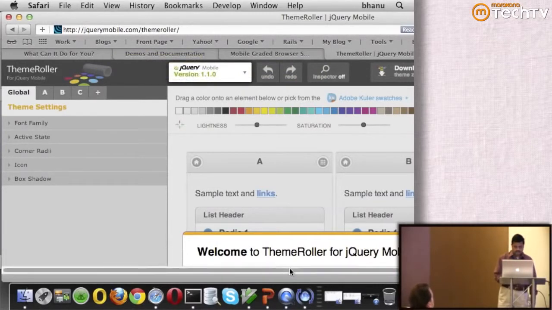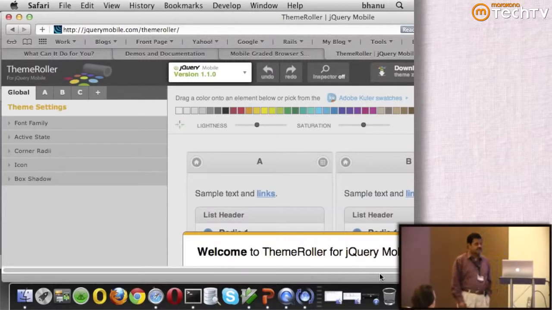So, instead of you hand coding every single element of your application to conform to your needs, ThemeRoller lets you visually set your font family, what the corner radius should be, what the different colors for each of the swatches should be, and things like that.